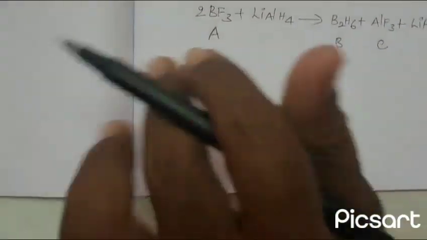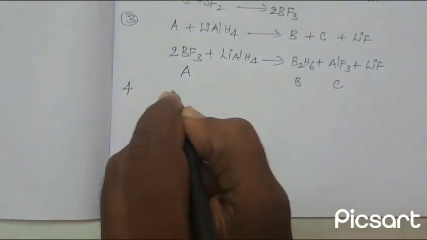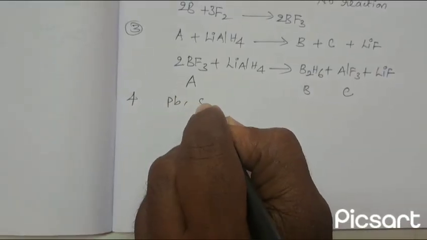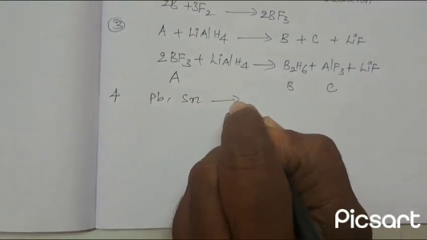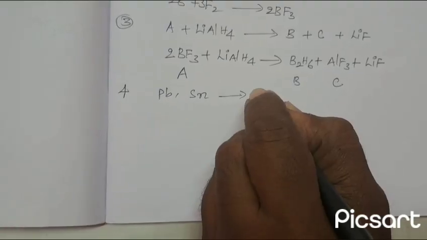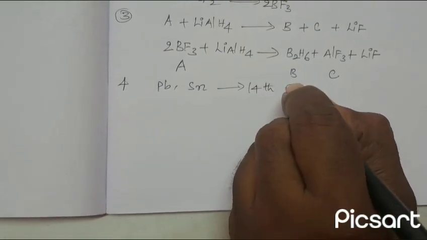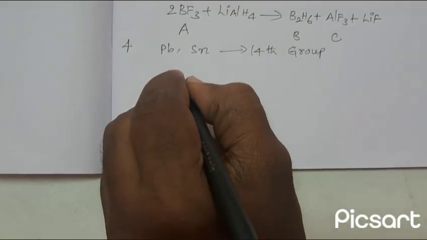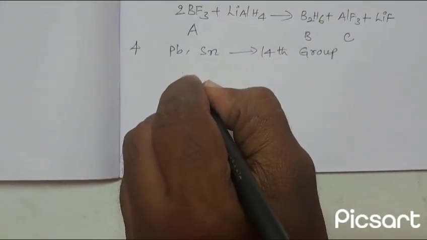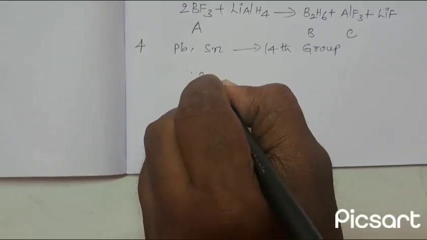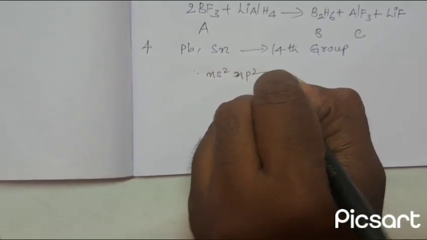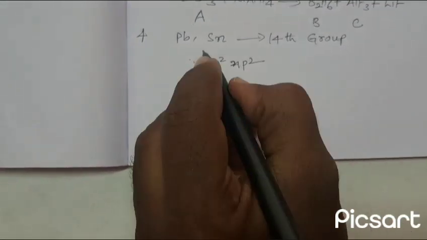So lead and tin belong to the 14th group. So the general electronic configuration for the 14th group is ns2 np2. So when the general electronic configuration is ns2 np2,